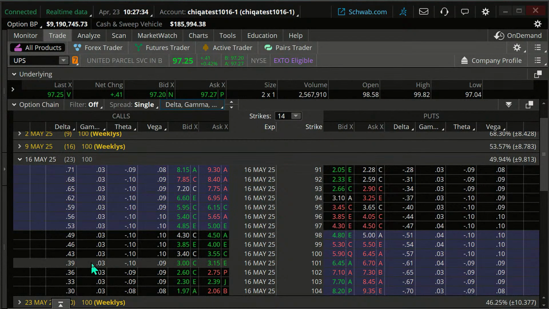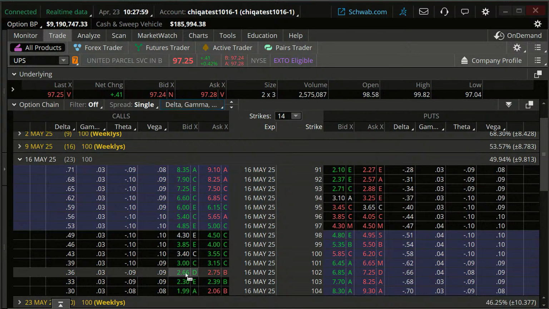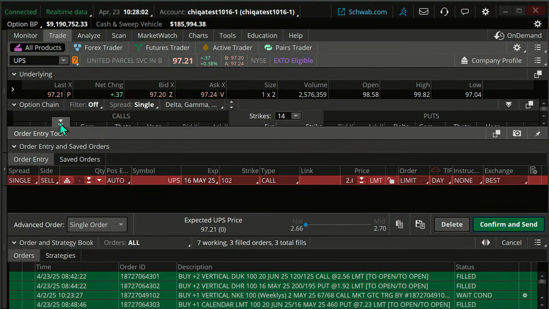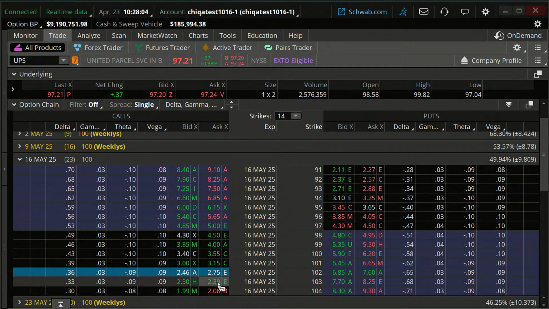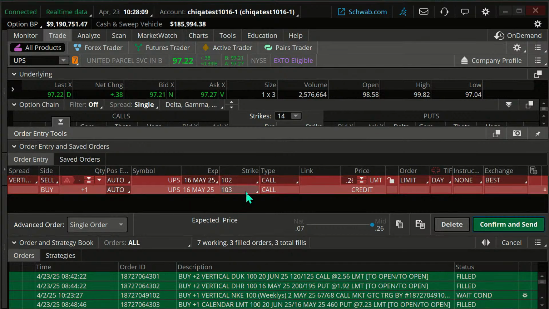I'm going to use my calls. Look at the calls. Delta tells us how much the option is going to move in relationship to a move in the underlying stock price. It can also be used to gauge the likelihood of it going in the money. I'm going to go out to about a 35 delta here, about 102. That's above our resistance level. I'm going to sell that contract. I'm going to click on the bid price, and I'll go above that. I'm going to hit down the Control key. Here is a short option.